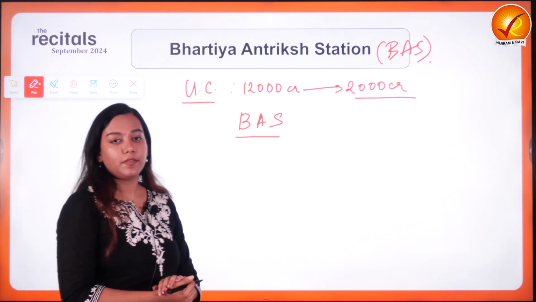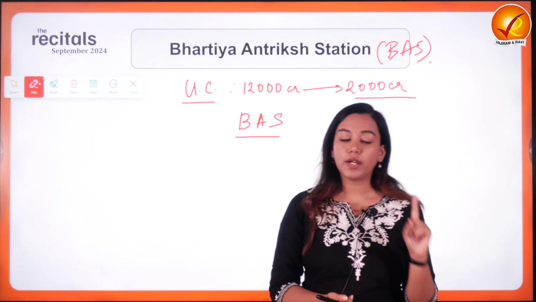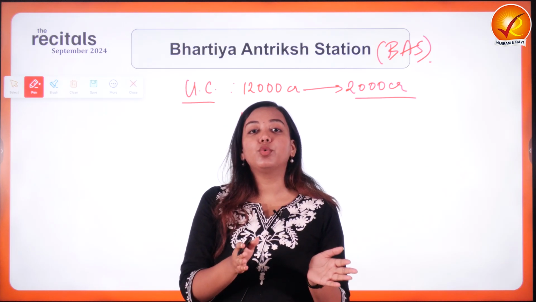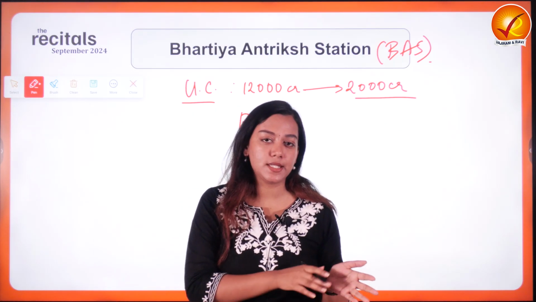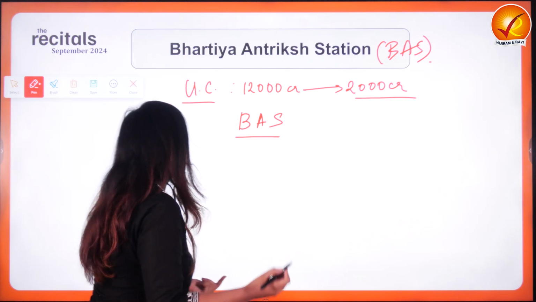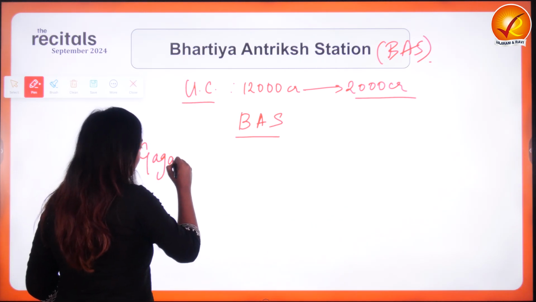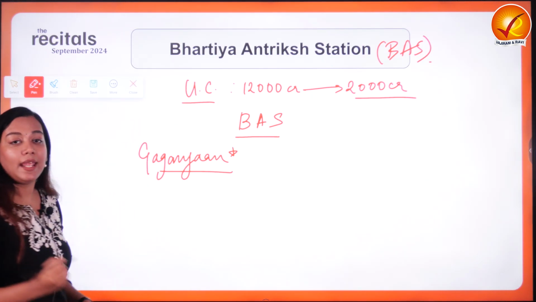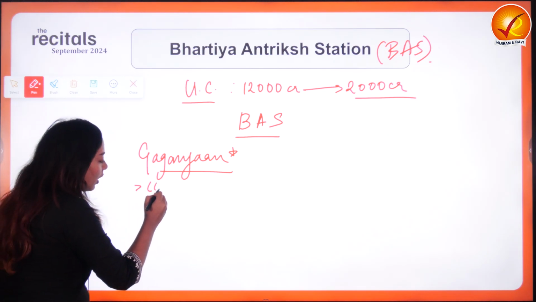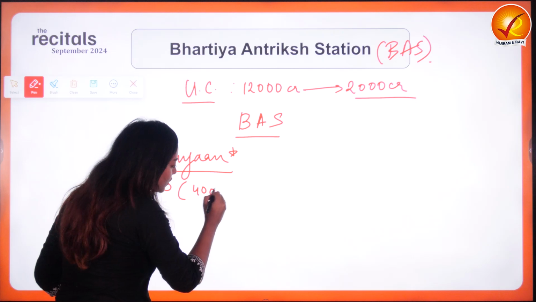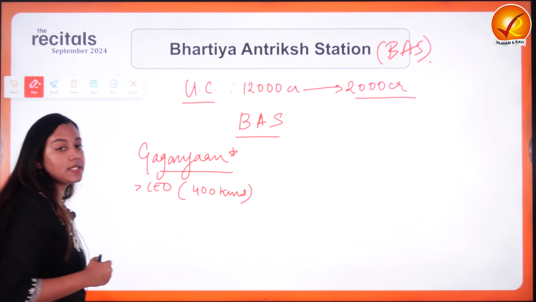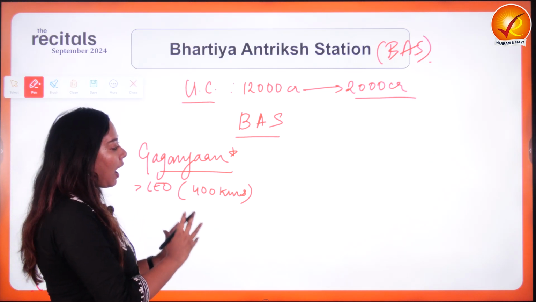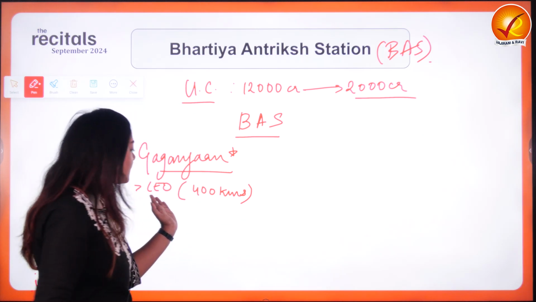Before entering into it, we will realize two things. What is the Gaganyaan mission? What was the existing scope of Gaganyaan mission? And then how do we feel the need of creating our own indigenized space station? To begin with the concepts first, we will talk about the Gaganyaan mission. As the name suggests, we're about to take a venture into the Gagan, which is space. In which part of the space? In the low Earth orbit, which is somewhere about 400 kilometers away from the sea surface of the Earth. Okay, so we were about to locate or place our spacecraft in this part of the space.